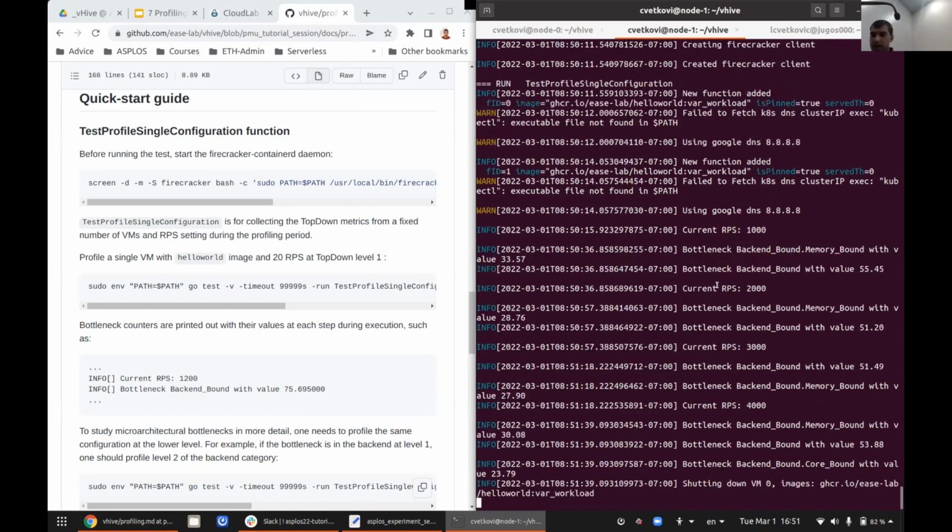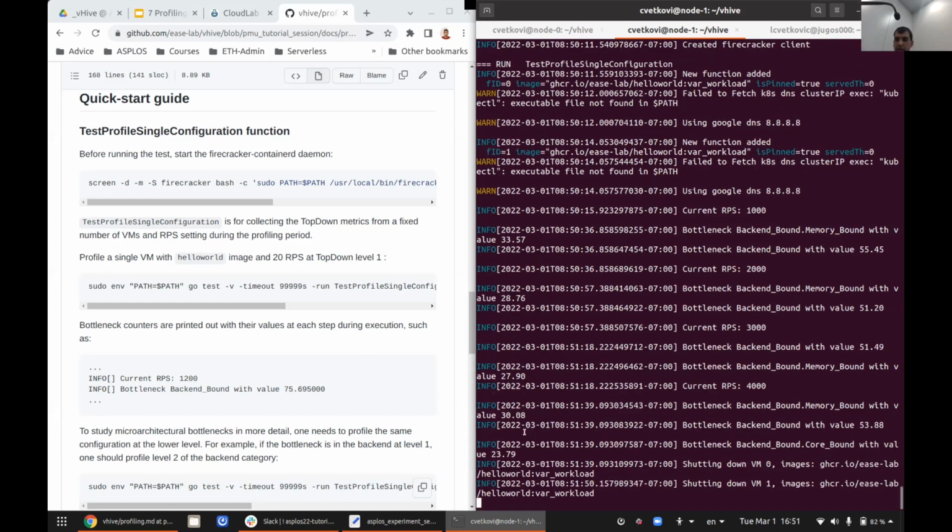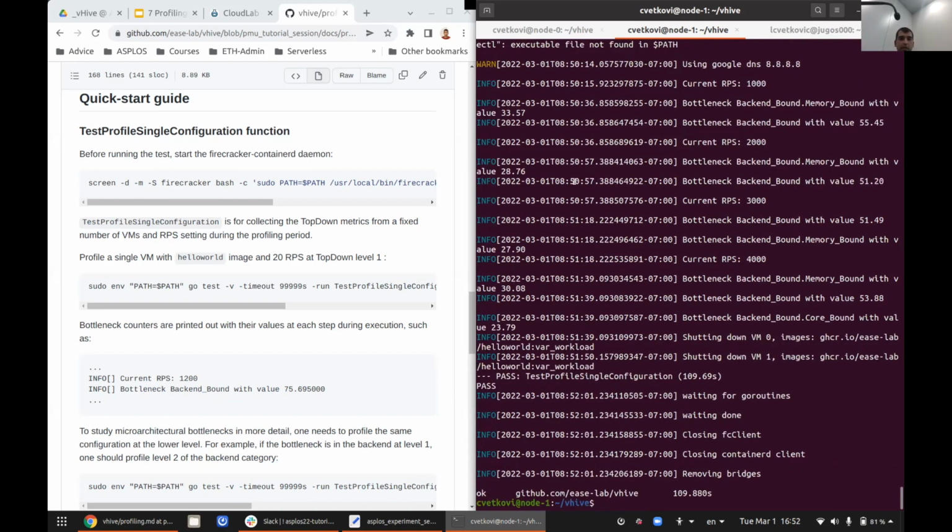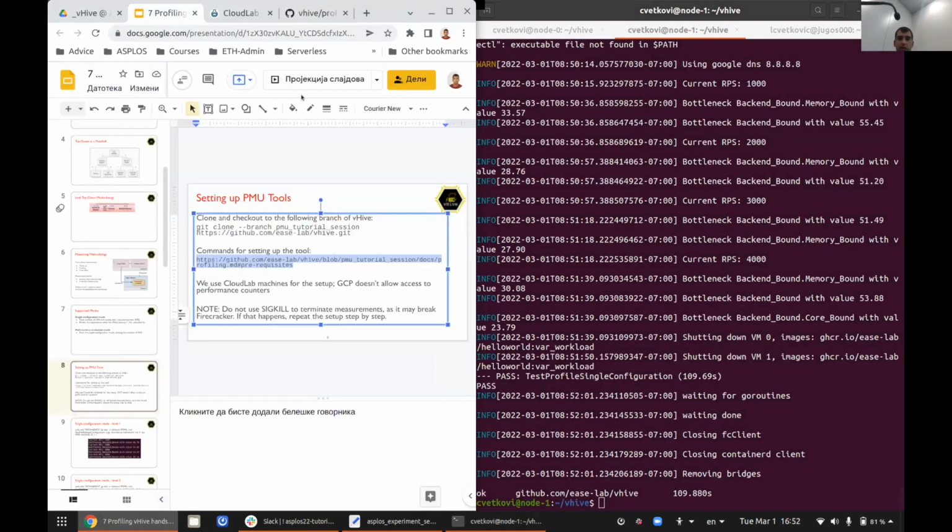Okay, yeah, and it completed. So you see that at 4K RPS, the distribution of overhead is a bit different. So 30% of memory bound and 24% of core bound. So that means that, again, you open the manual and then you see this is a pointer to where you should work on. Okay, this is the first mode of execution, and I'm going to go back to slides